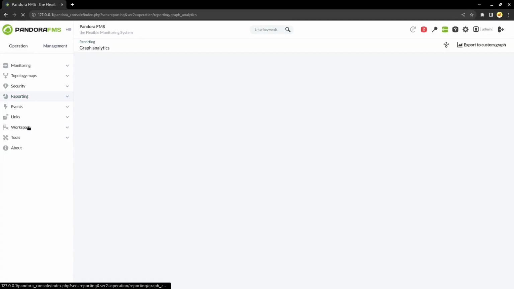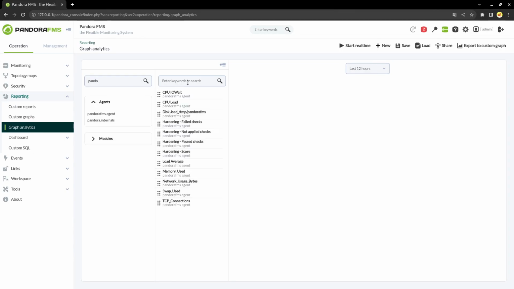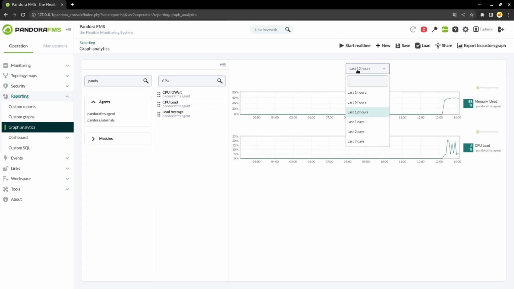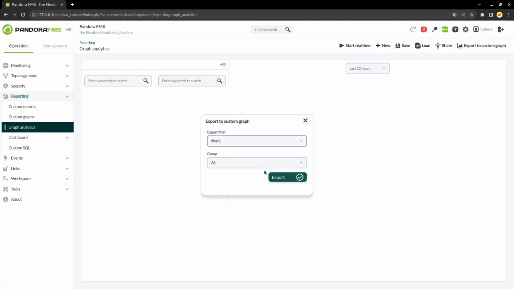The next feature that we're going to see is Graph Analytics, which can be found in the Report section of the Operation menu. With this new feature, you will be able to search and generate performance graphs of different elements quickly. You may filter by agent or model name and drag the elements you want to represent to the right side of the screen. You may choose several ranges to filter by and then save these settings or export them